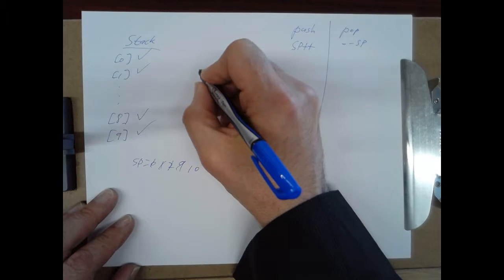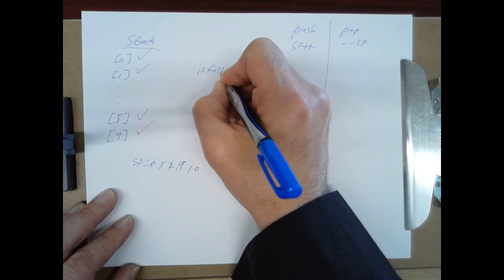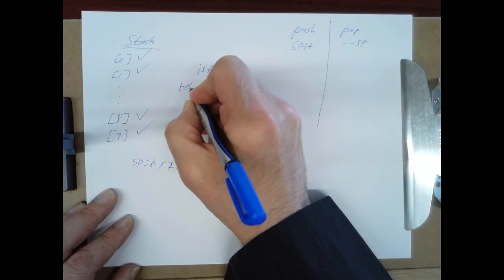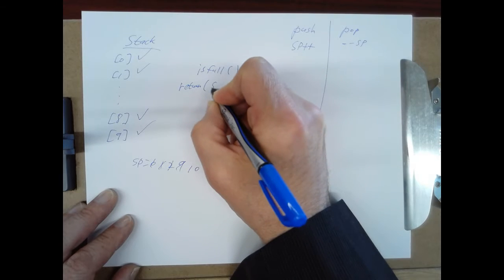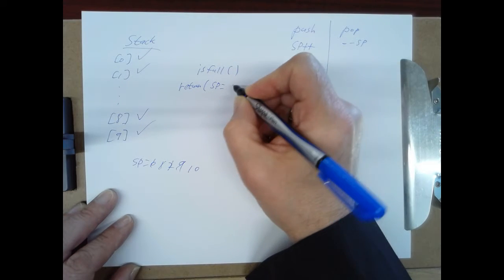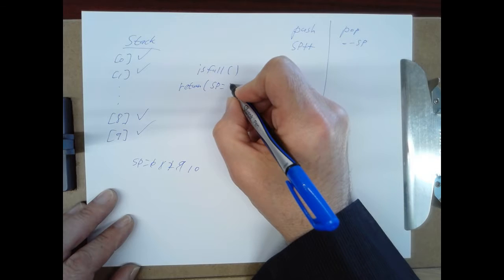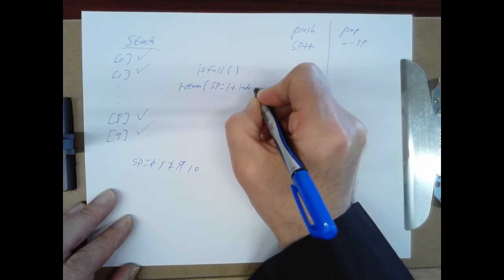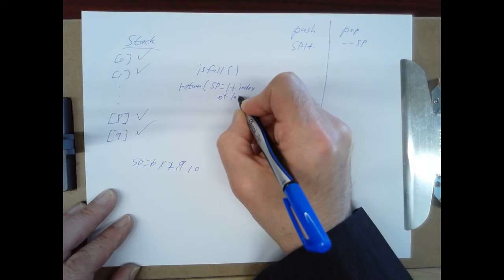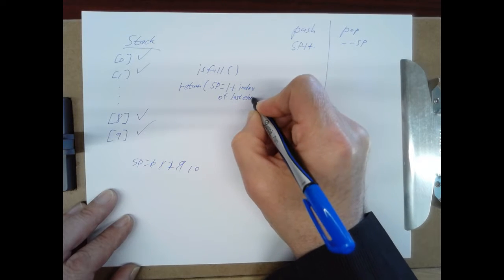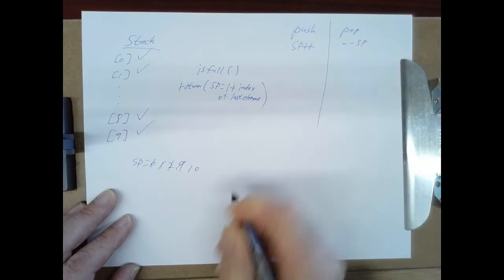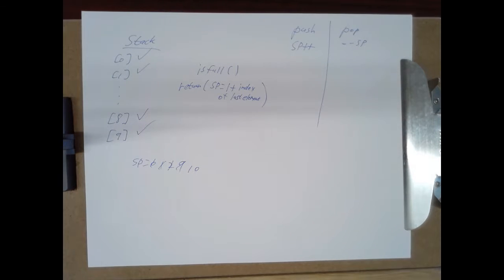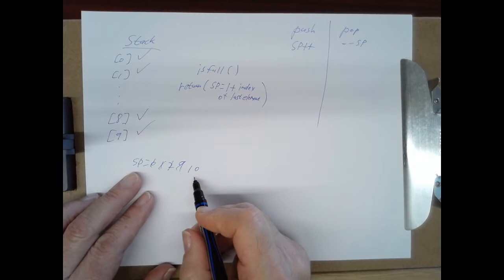So our isFull function: SP equals 1 plus the index of last element, which is also the number of things in the array, right? If we initialized our stack to be an array of 10 integers, then when SP equals 10, we know the